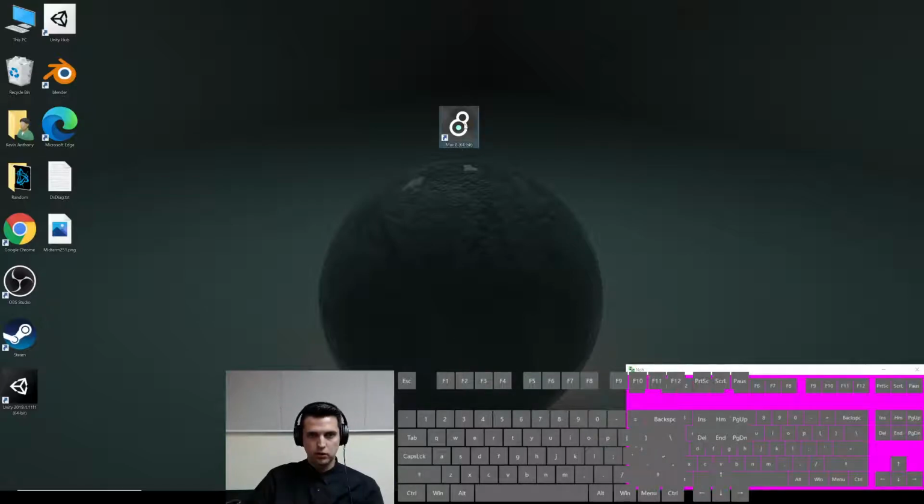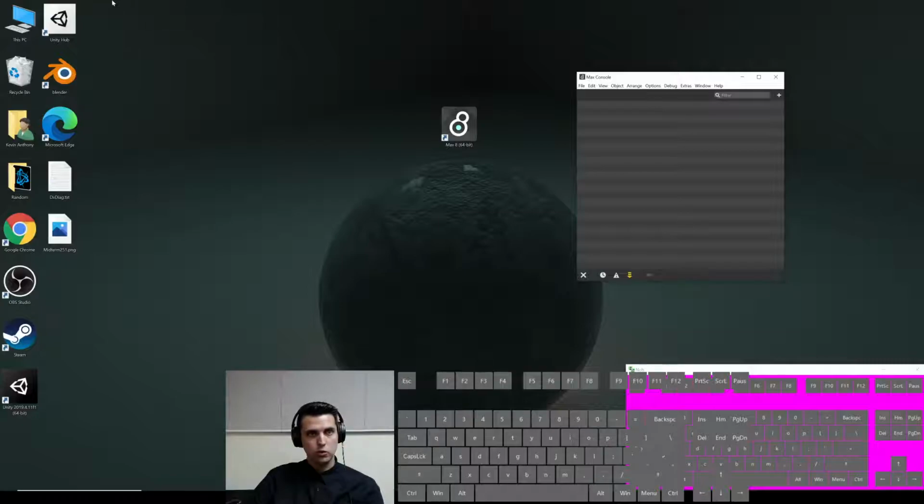Let's talk about opening up Max and getting a new patcher going, a new patcher window. I'm going to double click that Max icon. I'm working on Windows 10 here. So if you get no windows popping up and you're on a Mac, then you might need to go to